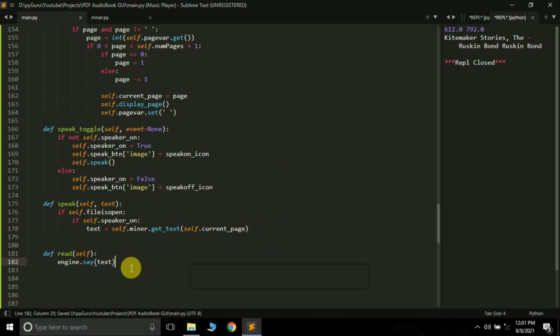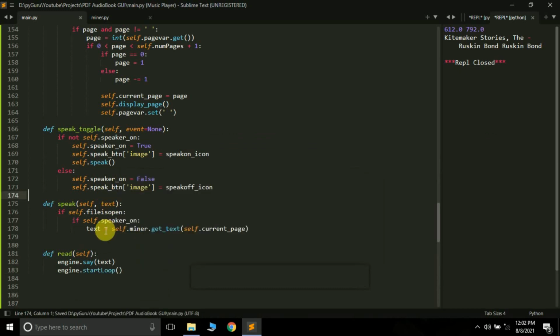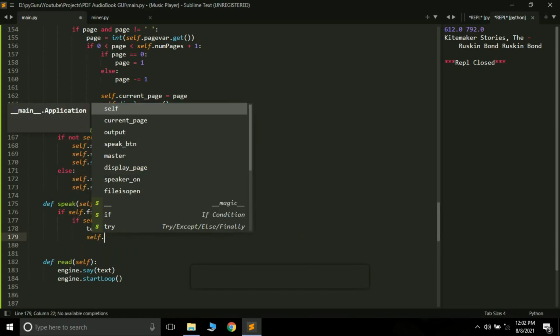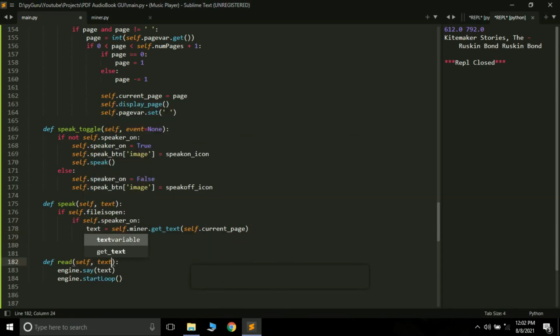So engine.say text, and then engine.startLoop. Once the text is extracted, I have not made the speaker speak it yet, so we have to call self.read and pass text here. Our engine should be able to speak now.